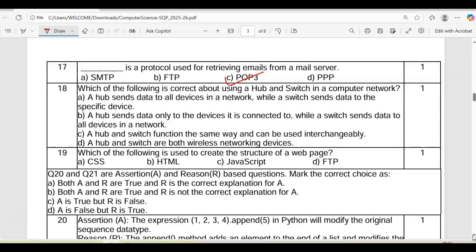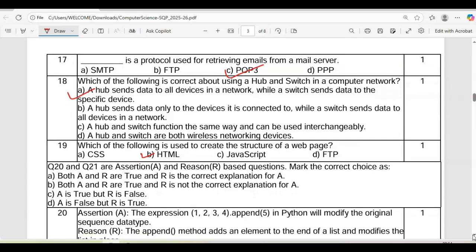So a hub sends data to all the devices in the network, that's correct, while a switch sends data to the specific device. That's perfect. Which of the following is used to create the structure of a web page? HTML, obviously you know. HTML is Hypertext Markup Language, which is used to create web pages.